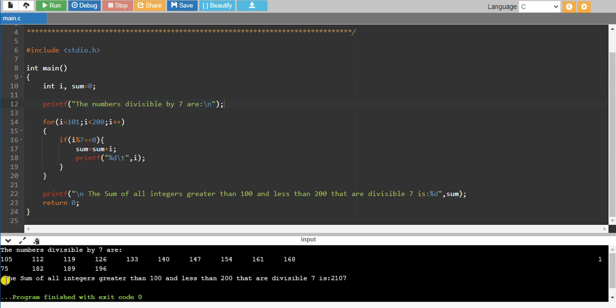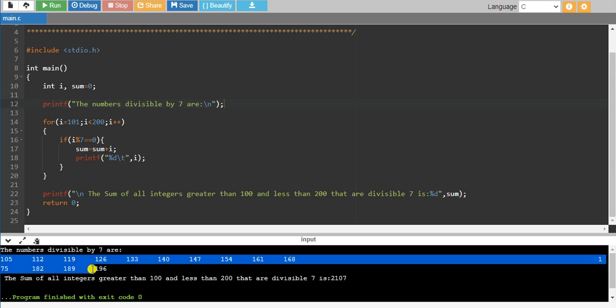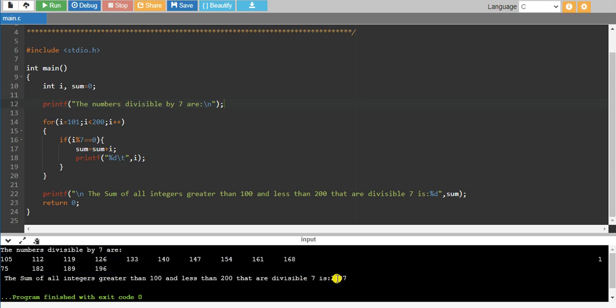Then the sum of all these numbers is 2107. The sum of all integers greater than 100 and less than 200 that are divisible by 7 is 2107. This is the output of this program.